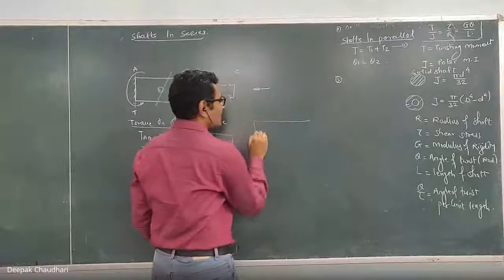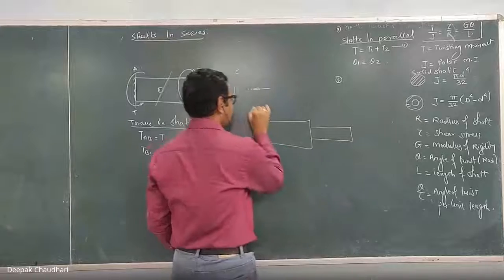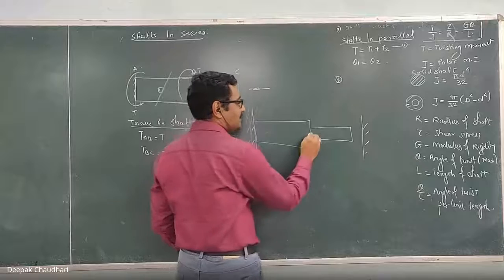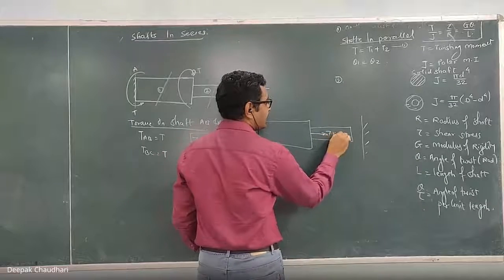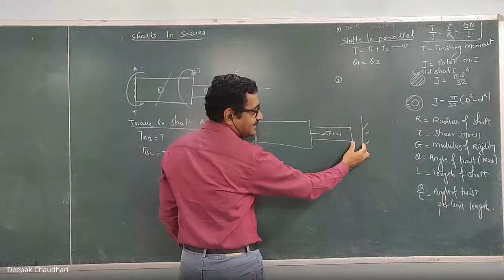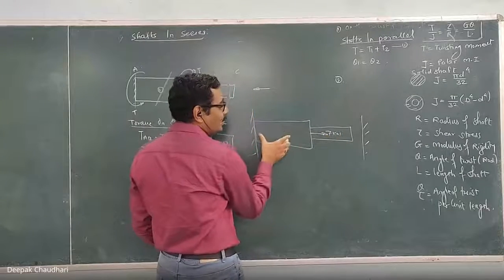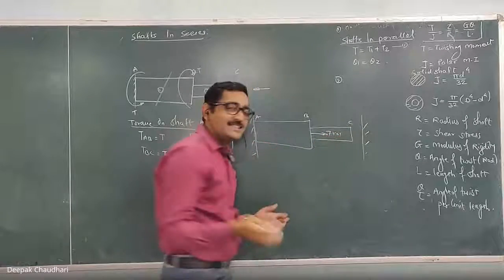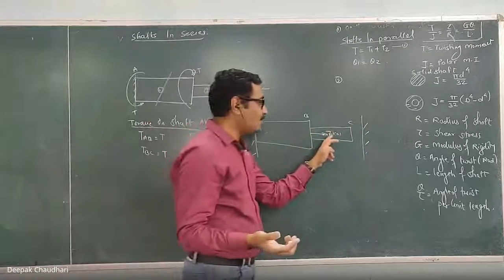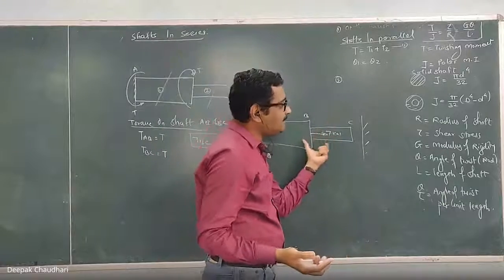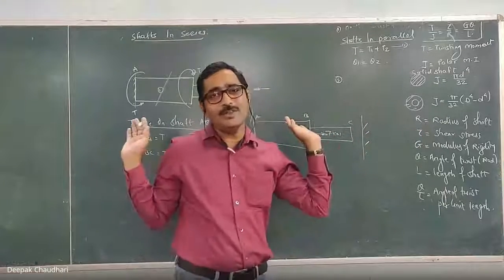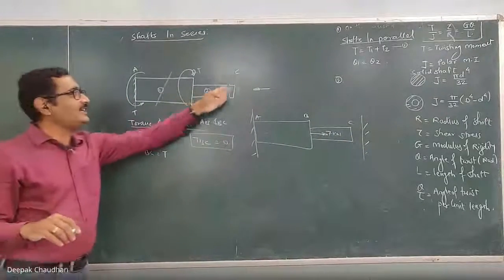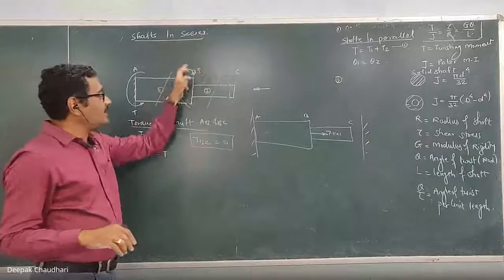If you are remembering, we have solved one such type of question. In the first lesson, on axial forces, there was a gap of 0.3 millimeter, and a 7 kilonewton force is applied here. So initially, as long as there is this gap, what will happen? This 7 kilonewton load is applied only on the part AB. As long as there is this gap, no axial force will come on the part BC. Because of this 7 kilonewton, only AB will get elongated and BC will just get shifted. There won't be any load on the part BC because of this gap. Exactly similar to this, there won't be any torque in the part BC if the torque is applied at the intermediate point B.